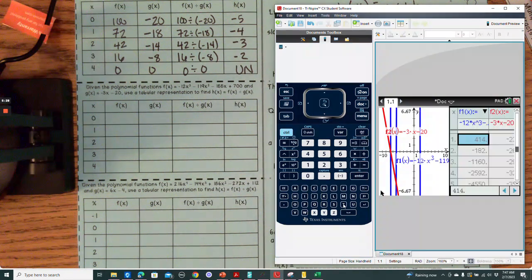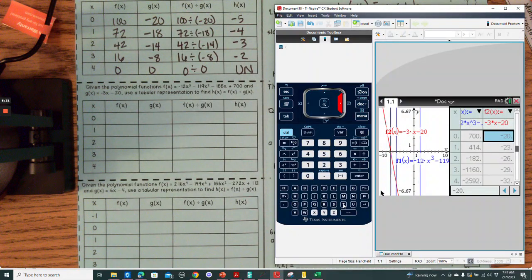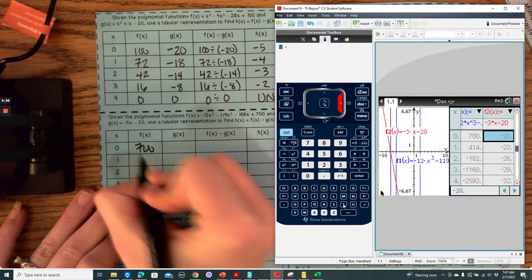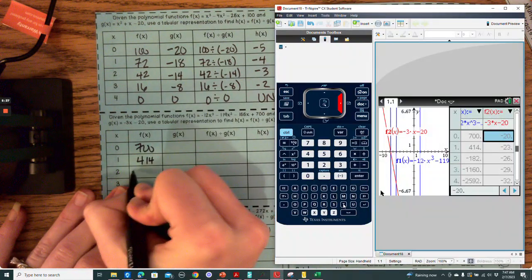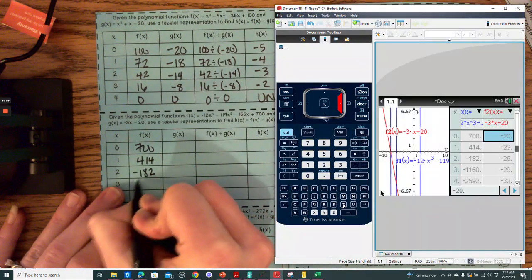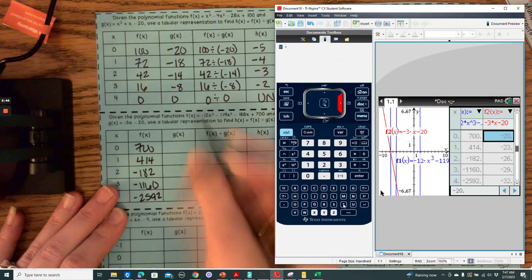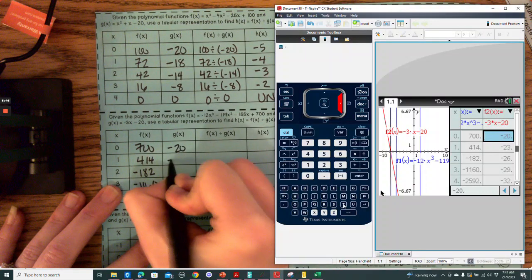Pull up my table and fill my values in. So we've got, and then for the g of x,